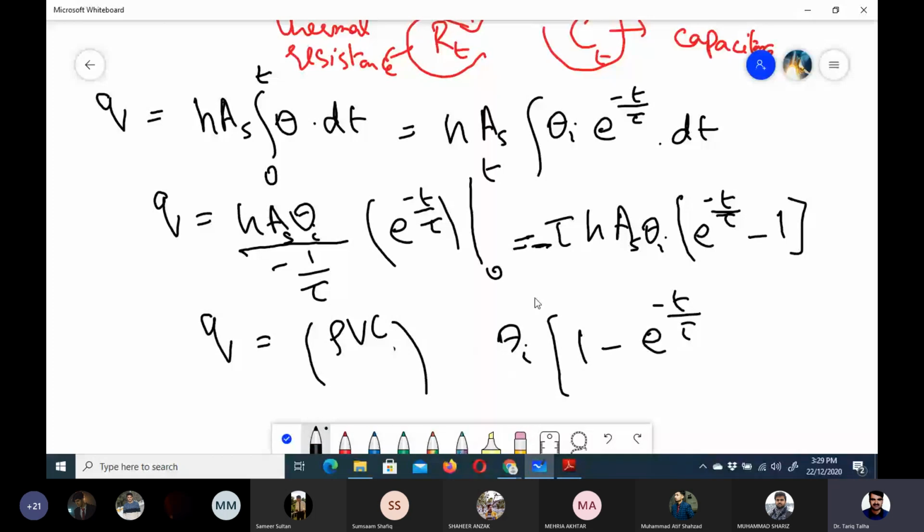Rho VC into theta I, where theta I is the initial temperature. What is theta I here? Ti minus T infinity. Ti is the initial temperature of that object, T infinity is the fluid temperature in which we have immersed that object, and here we have 1 minus exponent minus t upon tau. So this is the relation for